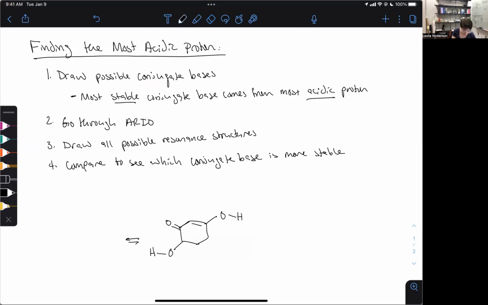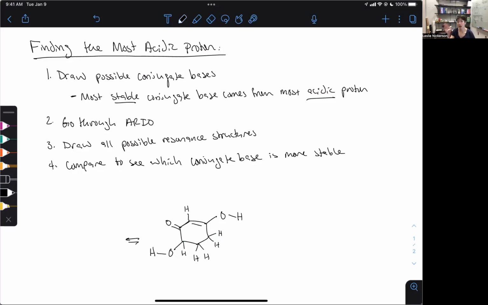So the first thing we want to do is draw out our hydrogens so that we can find our protons. So we're looking at this one, these, and that. And then I've got the H's on the oxygen. I'm actually going to do those in black. I should have done that to begin with. Okay, so once we have all of our H's drawn in, then we can rank them in terms of